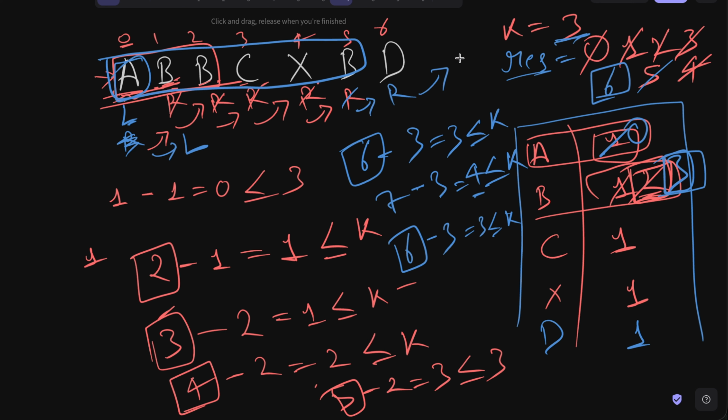But now R cannot be shifted to any other element because it doesn't exist. It means L will keep on shifting to the next indexes, the window length will keep on reducing, and we will keep on updating the result variable as we were doing. So at the end, 6 will be the maximum substring length that we can have, and that will be the